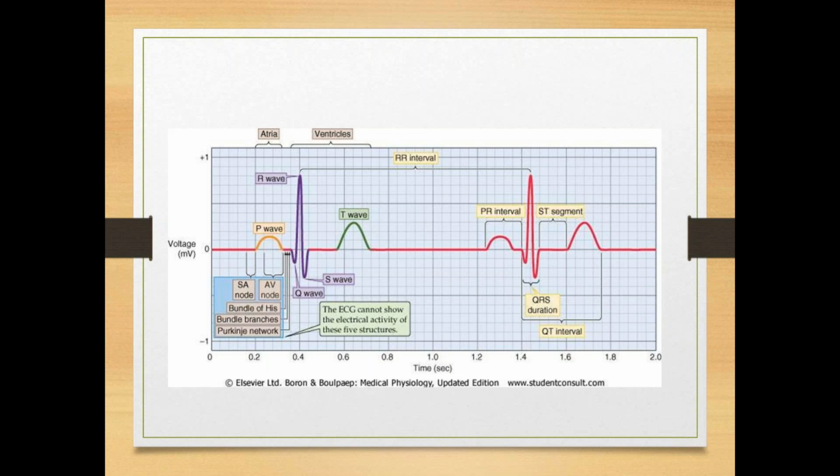So in this ECG, we can see the P wave followed by the Q wave, and then we have the upward positive deflection, that is the R wave. Then we have a negative deflection, that is the S wave. So that is the QRS complex, and then finally the T wave. This shows the ventricular relaxation.